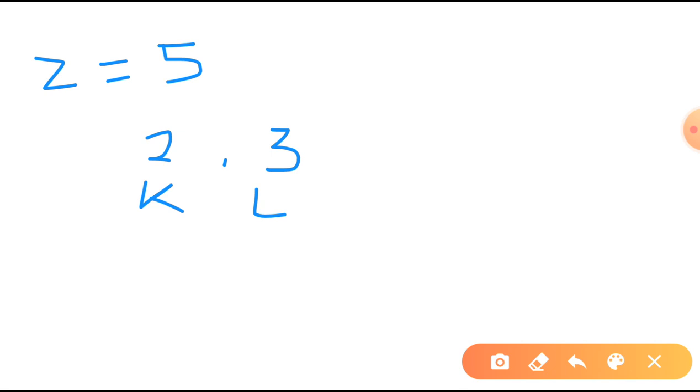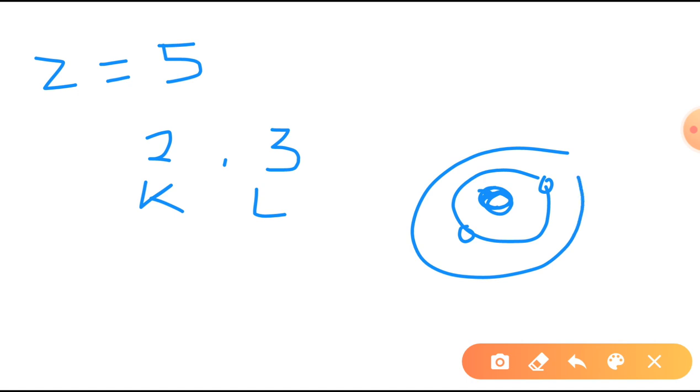When we draw it, students, at that time we just make a nucleus. Here I am trying to make a nucleus. Let's say this is the nucleus. This is the first shell, K shell. So this shell will have 2 electrons. I am making 2 of them. And then the second shell, this is your L shell. This has 3 electrons in it. So this is the diagram for the electrons. Okay, it must be clear to you. The element having atomic number 5 is boron.